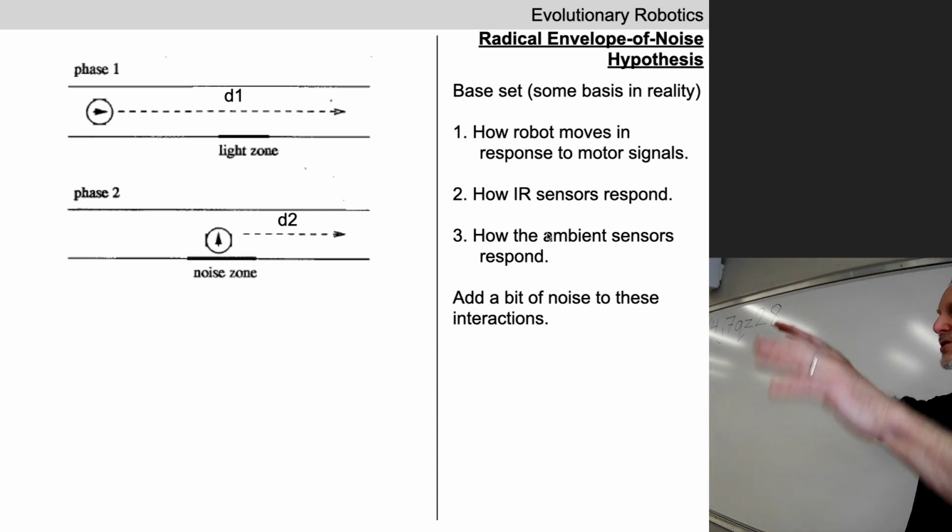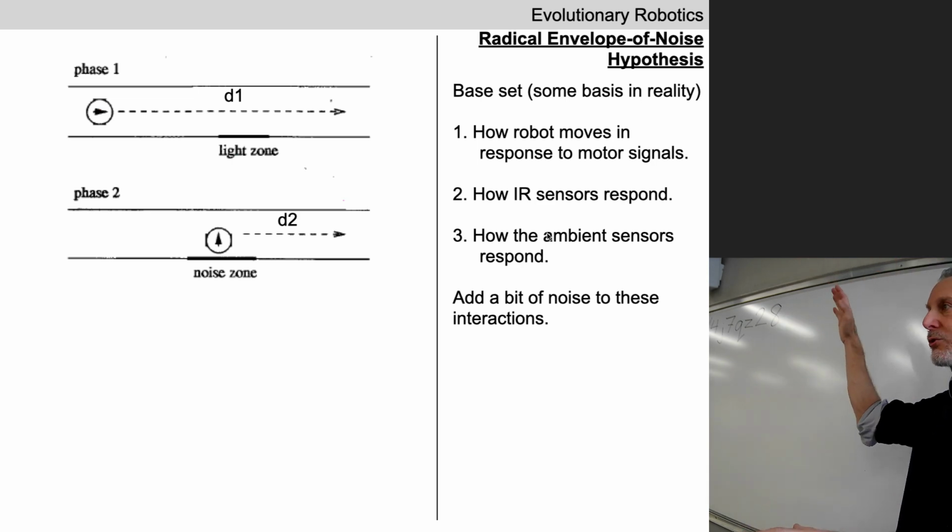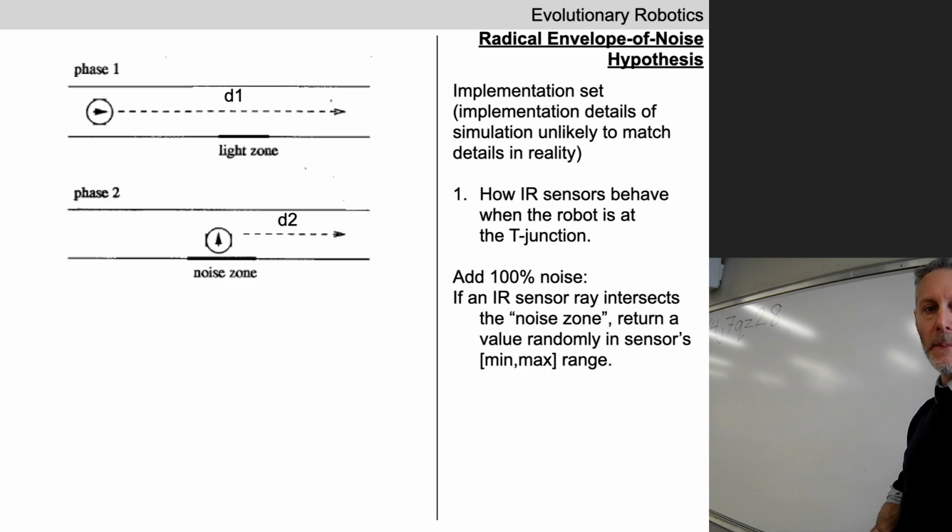If we put 100% noise on the two values of the light sensors whenever the robot was in the presence of the light, the controller has nothing to evolve to latch onto. It cannot solve this problem. Okay. Implementation set. These are aspects of this simulation, this task, this robot that we know a priori evolution